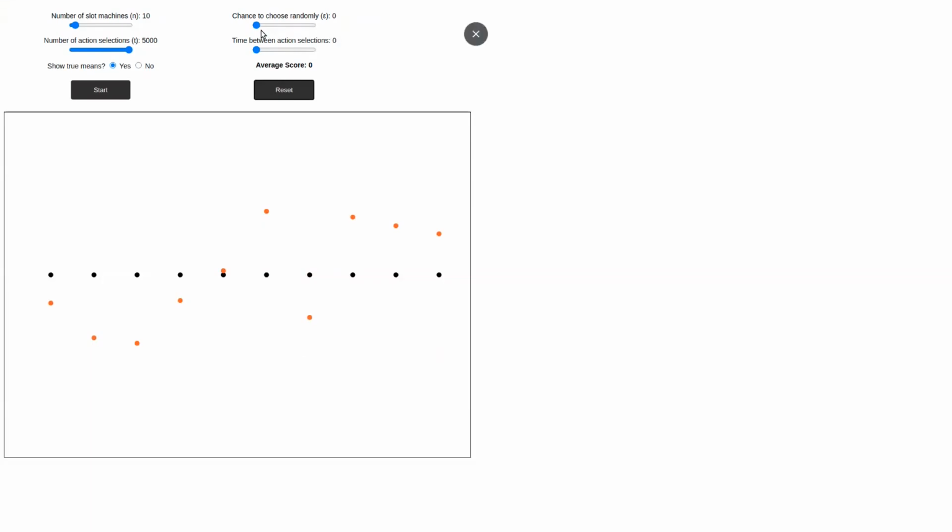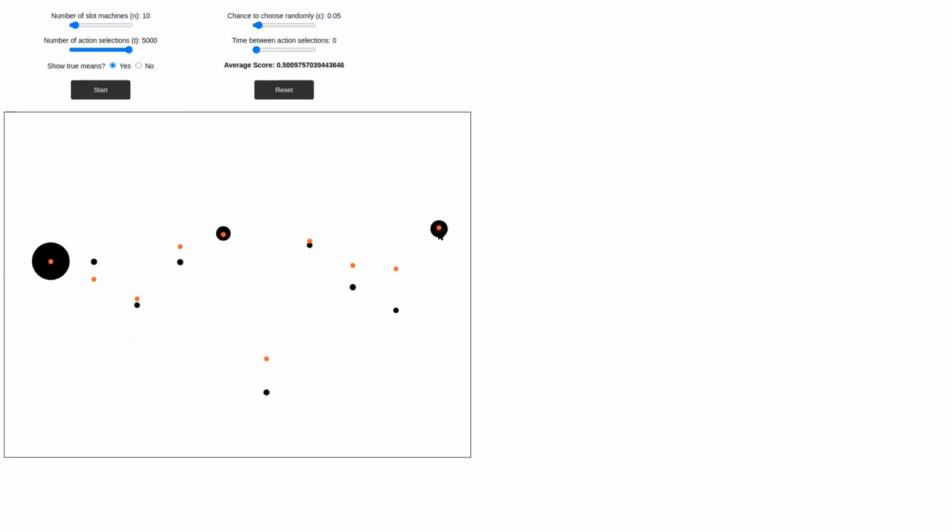So if I set my epsilon to 0 and I start it, all right, so this is probably the best one. Let's do the exploration again. So you can see that epsilon is 0, so it finds the best thing it observes first and then sticks to it forever. And this is not good. We don't want this. If I add just a little bit of epsilon, you can see that it starts exploring and eventually finds this. But the thing is, it's kind of too late, and it's already explored so many other